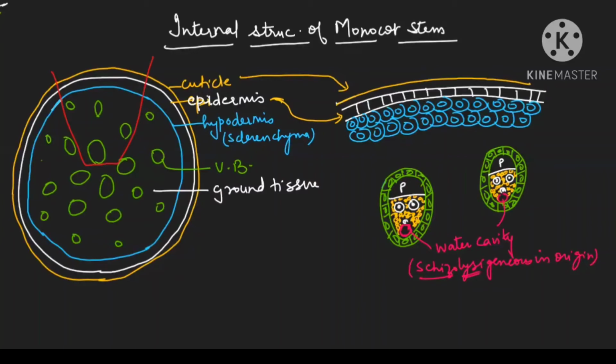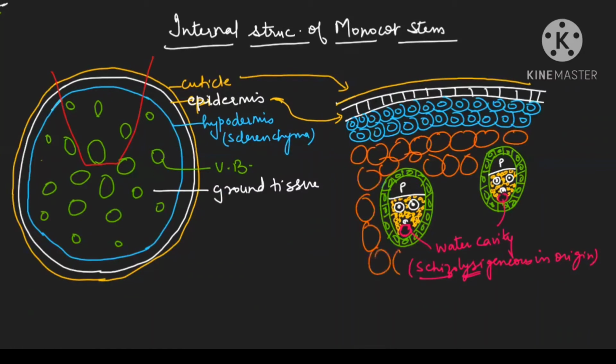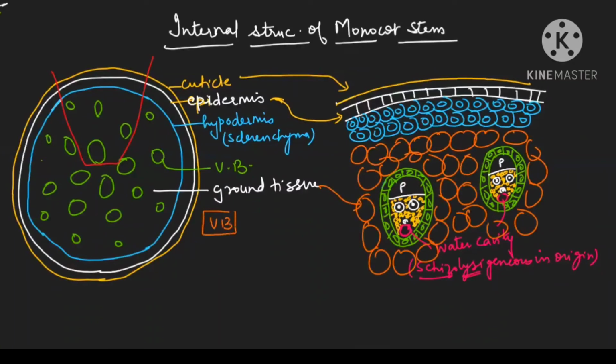Now for the remaining area, we should make a ground tissue. Let us use these parenchymatous cells, and this is the ground tissue. This is your parenchyma, which is now your ground tissue, which I have not drawn here. I'm just drawing it here. So this is your labeling with the ground tissue and this is your vascular bundle. Let me write a few characteristics of vascular bundles for you here.